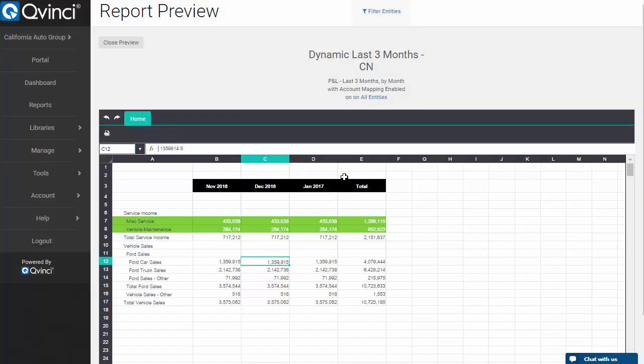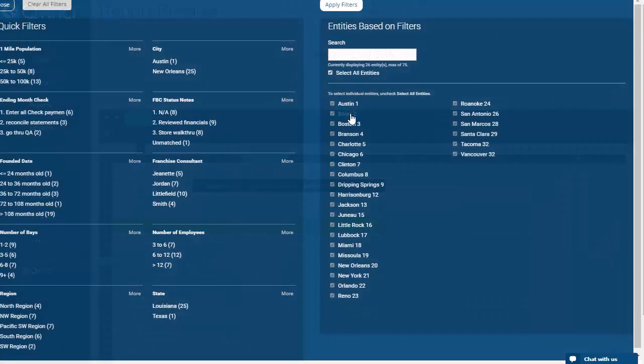It goes out and says, okay, I'm going to take the most recent 3 months. And notice it's November, December, January, because we're in February when I shot this. And here are the accounts that I chose for it to be used against. So you can build these macro-driven dynamic reports, and if I run this across these filter entities, across the units